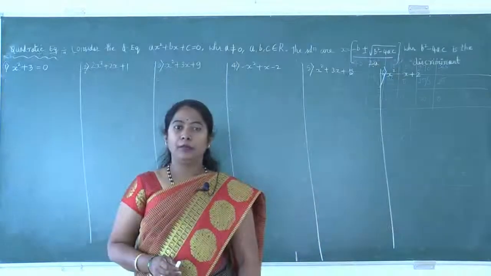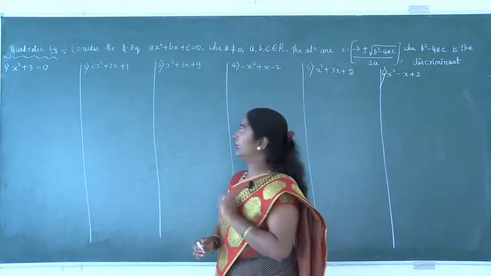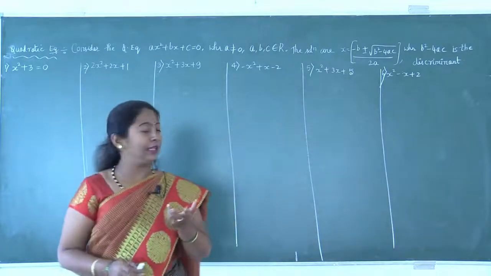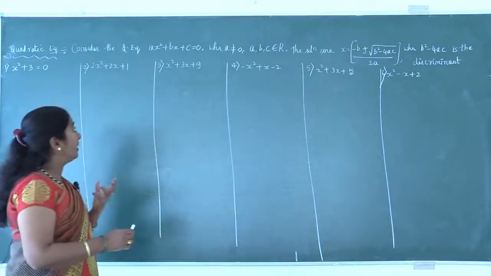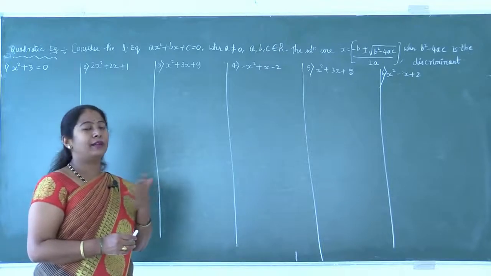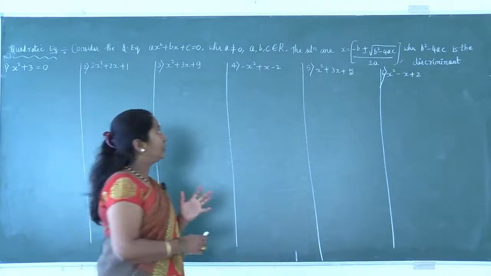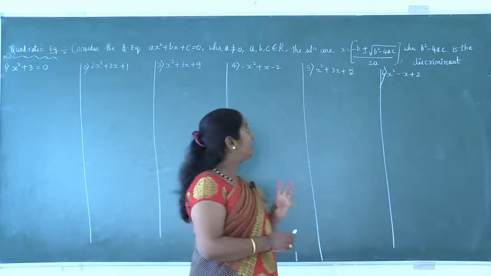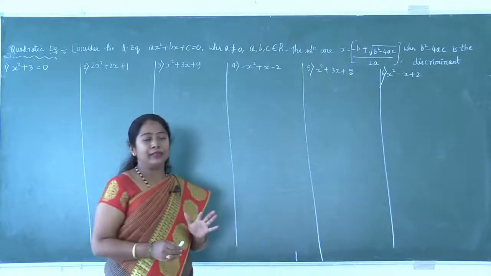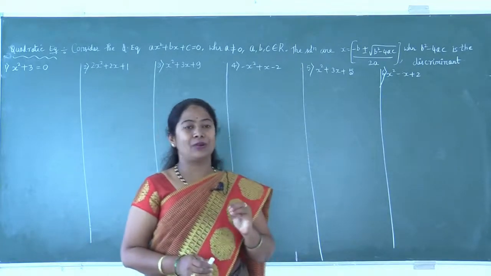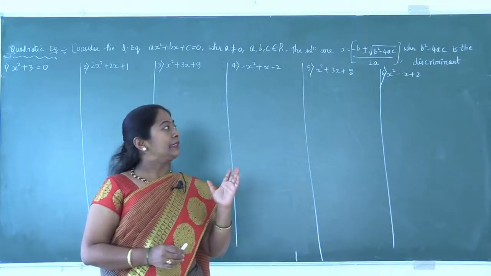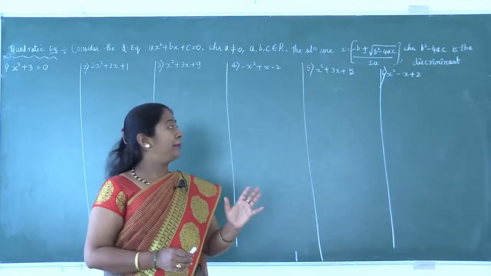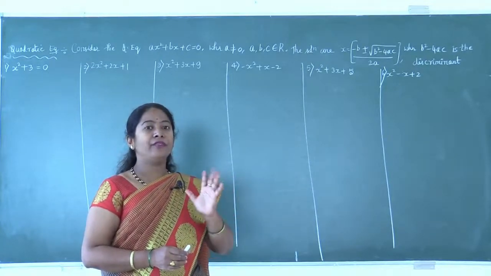concept. Moving on to the next concept, we have quadratic equations. Consider the quadratic equation ax square plus bx plus c equal to 0, where a not equal to 0, a, b, c belongs to R. Capital R stands for real number. The solutions are x equal to minus b plus or minus square root of b square minus 4ac by 2a, where b square minus 4ac is called the discriminant. This concept you'll have studied in your lower classes, so we shall solve the problems based on this concept in the form of complex number.